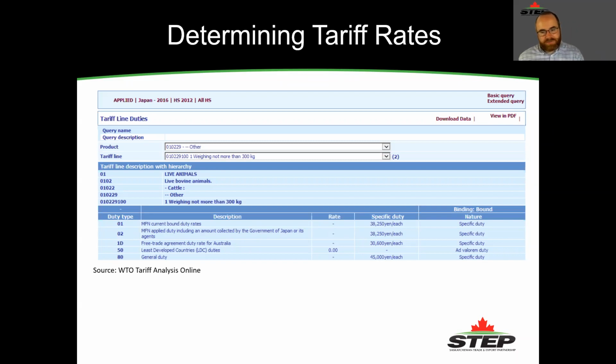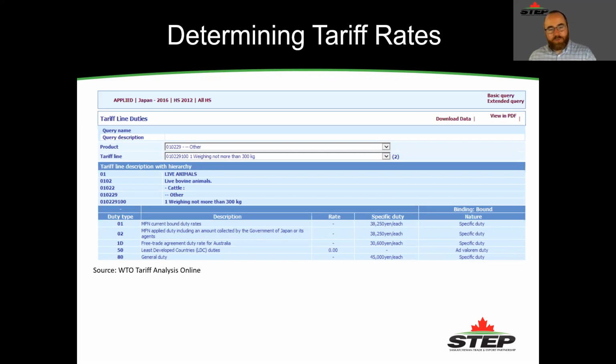Typically most countries, if you're exporting from a lesser developed country, will have a preferential rate for that. And I should note that through all of this, when I'm talking about these codes, and I'm spending a bit of time on this because it's very important, that's where the country of origin of your product comes in. Typically, if you manufacture it in Canada, you make it here, the country of origin is Canada. And that flows into this.